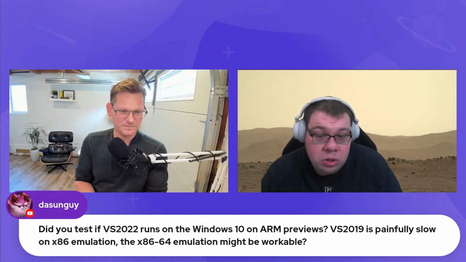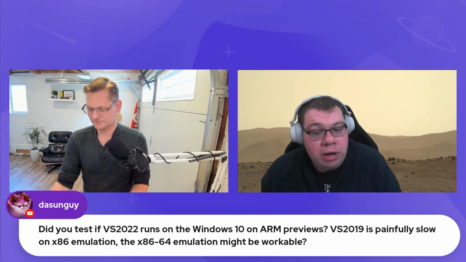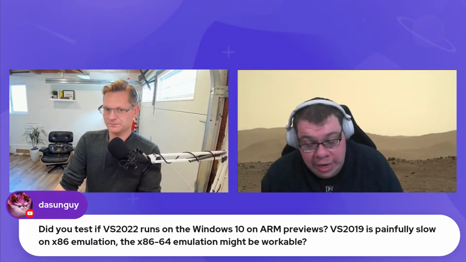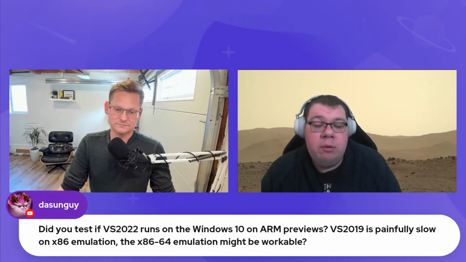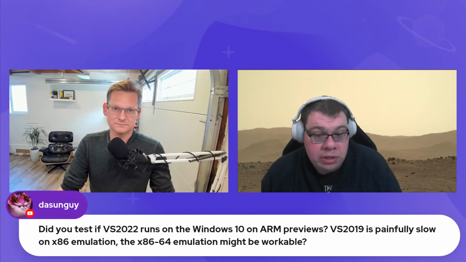So today Visual Studio does not support running on ARM. And by support, that means we don't test it. And if you called into us and said hey, this doesn't work on my ARM device, we don't support it. And as of yet, we haven't announced any plans to change that in VS 2022.